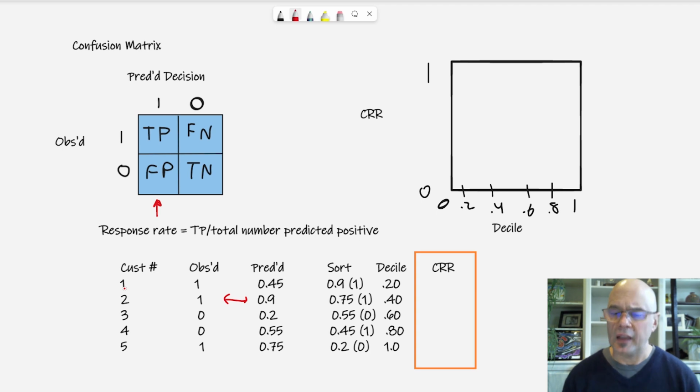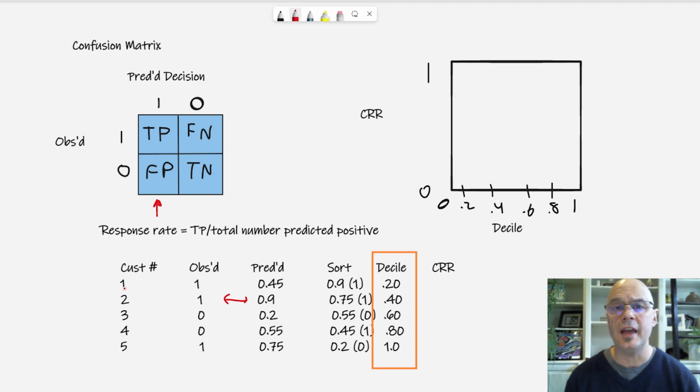All right, that last column to fill in, we're looking at cumulative response rate. I'm abbreviating that CRR, and we're going to do that calculation at certain depths or deciles in the data. Now, in real-world applications, the charts are usually constructed using demi-deciles or 5% chunks, top 5%, top 10%, top 15%, and so forth. But with only 5 observations, we're limited on how many deciles we've got. We're going to be looking at things in 20% deciles along the way. All right, let's do some calculations.